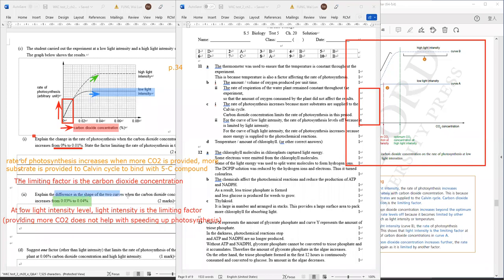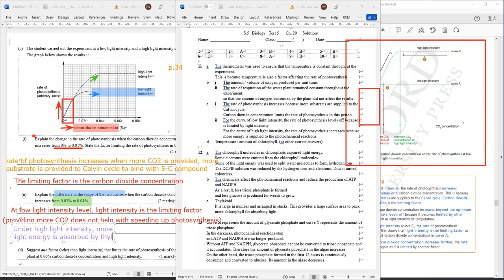At high light intensity, under high light intensity level, more light energy is absorbed by